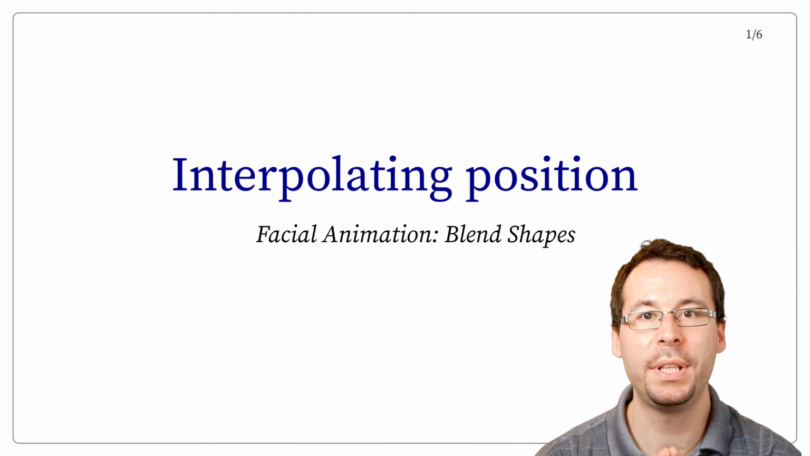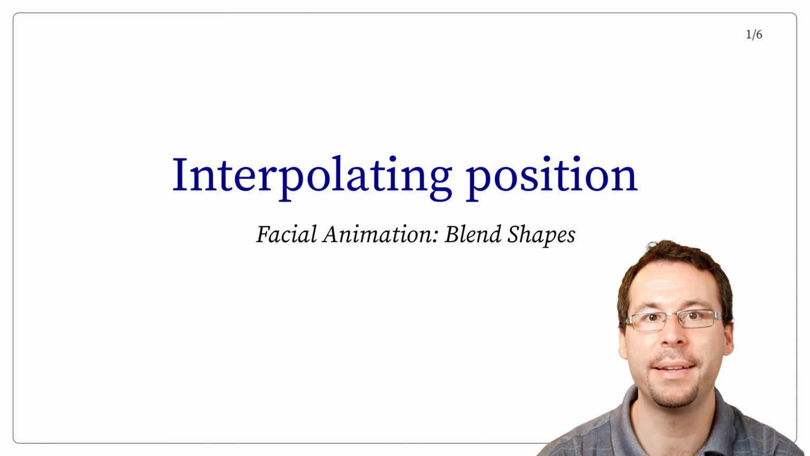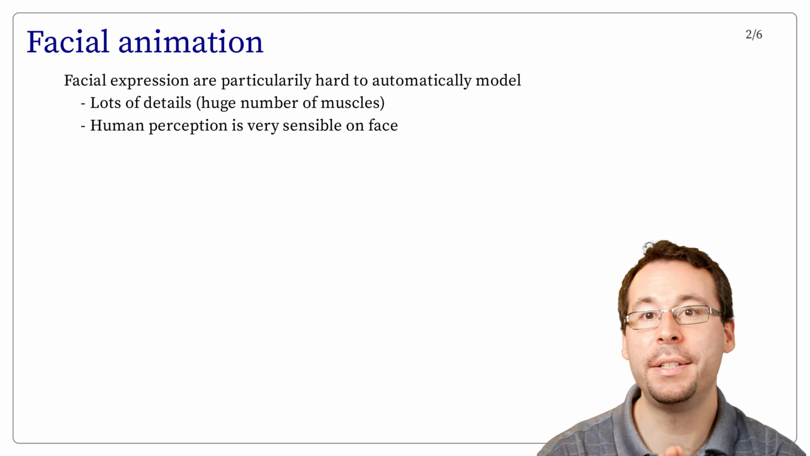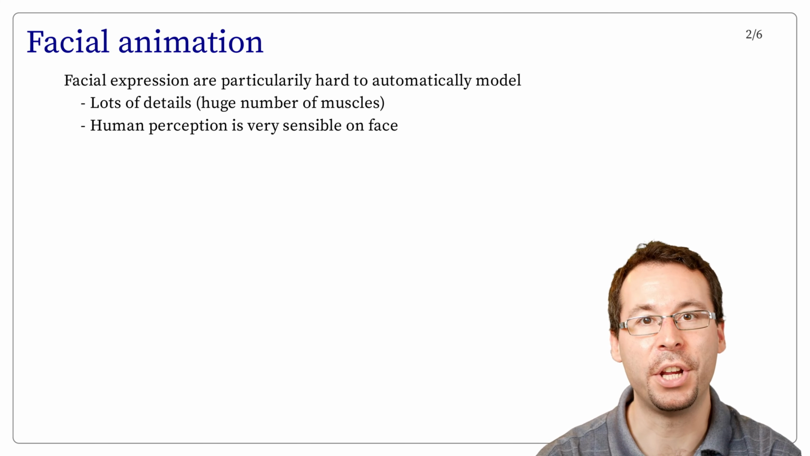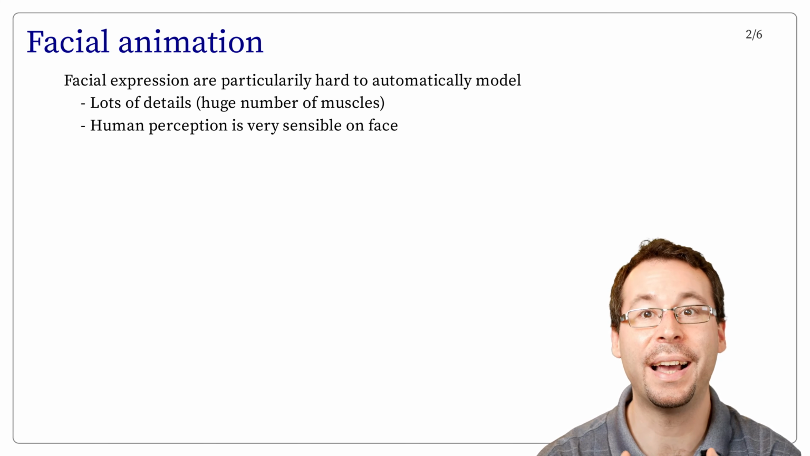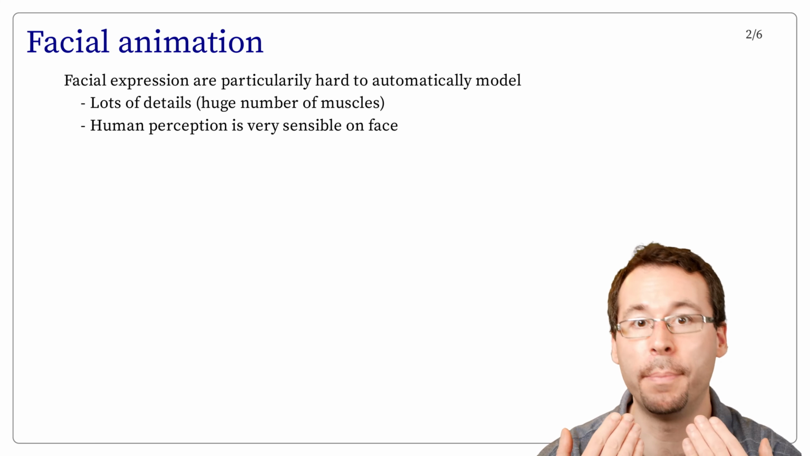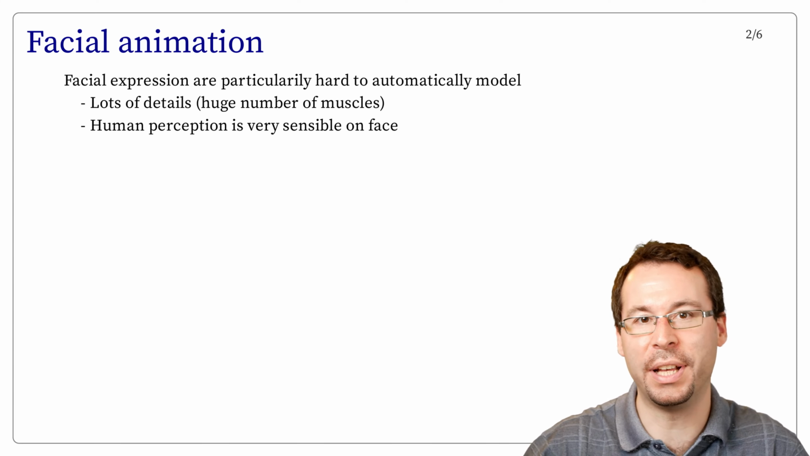In this part, we see the basics of facial animation and in particular the notion of blend shape. Facial animation of virtual humans is both very common in animation production and particularly hard to model. First, because real human faces have a large number of muscles, about 100, so that we can generate lots of